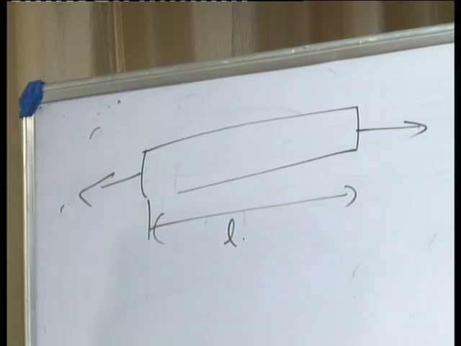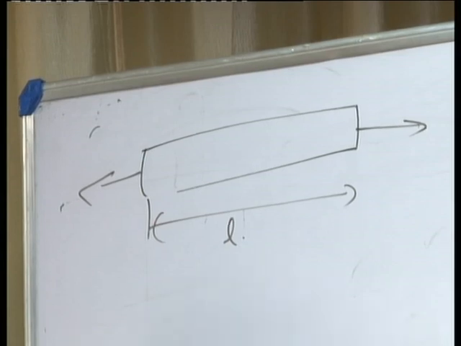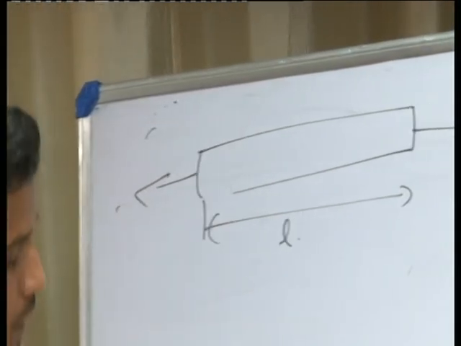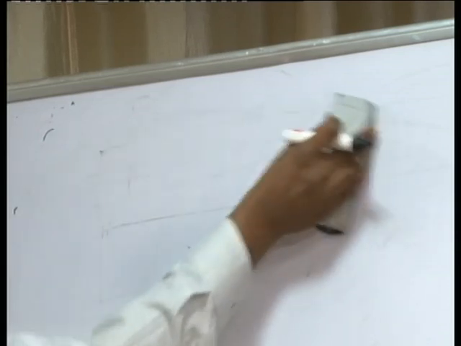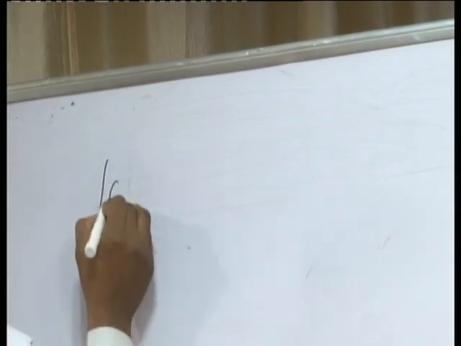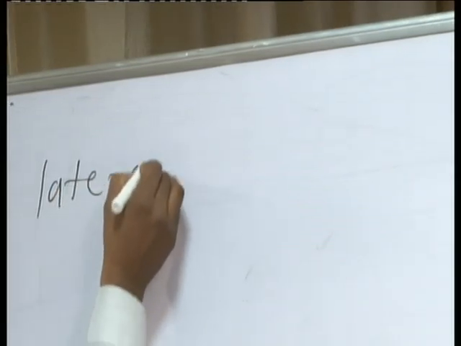Here we have calculated the changes along the length. Now we need to find out what the changes are along the breadth and the thickness. Here we have to calculate the changes occurring in the breadth and thickness, so we have to calculate the lateral strain. That's very important. I already said